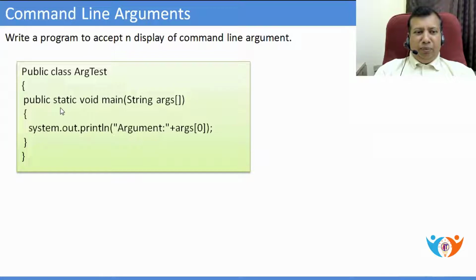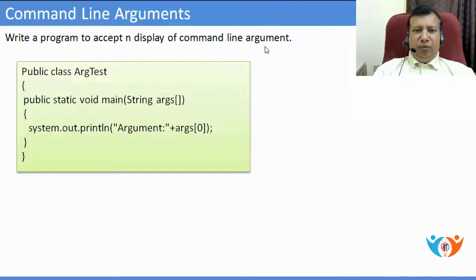Inside this we are writing public static void main(String args). This String is a class, and this class is available in the java.lang package. The java.lang package is a default package available to every Java program. We don't need to import it. So the String class is by default available to every program in Java. args is the name of the array and we are using empty square brackets. That means we are accepting an array of String objects, so multiple strings can be passed. Each string will be a separate element in this array.